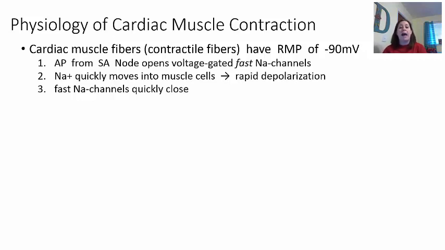If you'll recall from the nervous system tissues, when we talked about the transduction of a signal, or the action potential, down a neuron, there is this resting membrane potential, and here it's at about -90 millivolts. When the action potential from the SA node gets sent out, it opens those voltage gated channels, which allow fast sodium to come into the cells. Now remember, sodium is a positive ion, so if we started at -90, that number is going to start going